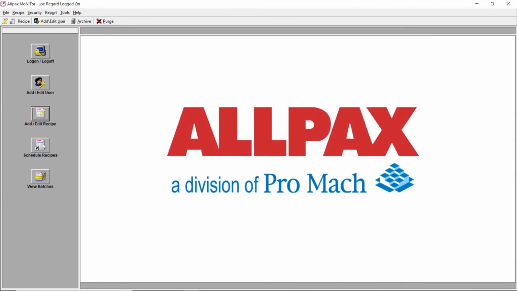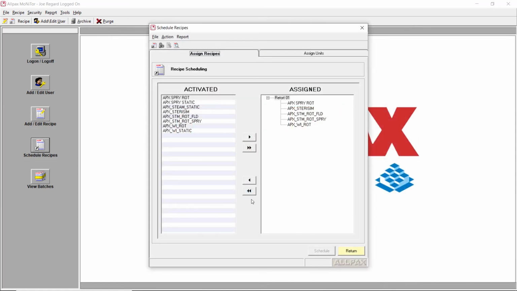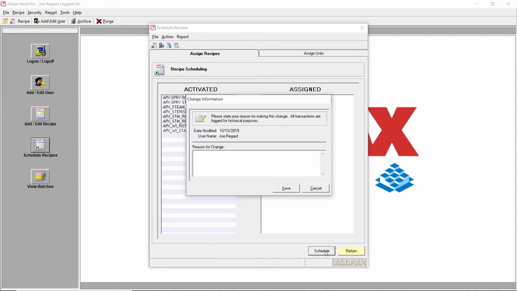All right. Now that we've got a recipe, we can schedule it. So I can click this button. I've removed all recipes from the machine, the double arrows. If I select one and click the arrow, it moves it over. I can move all recipes over with the double arrow. So I'll select my rotating steam spray recipe, move it over, and then schedule. It'll ask me why I did that. I'll just say